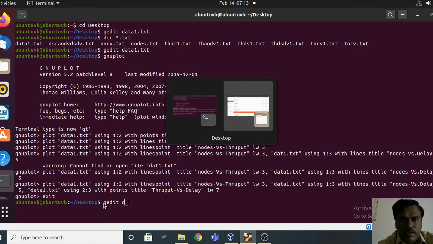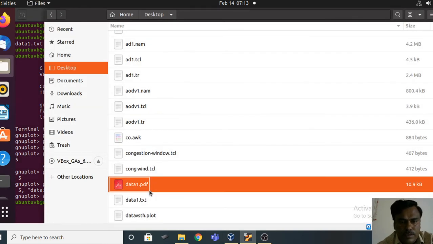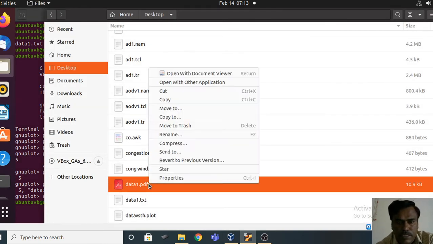If you want to create, if you want to delete, you can, you have these features, move to.